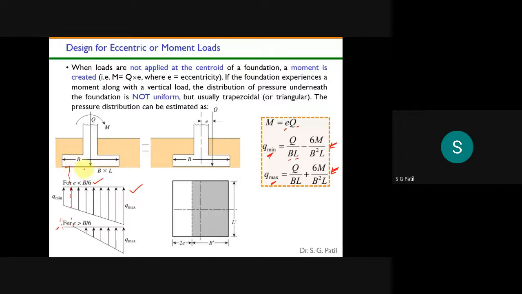air. But the remaining portion is in contact, so whatever load is there, this Q load, this total load is now only carried by this much area only. So this area will not carry any load, because we are getting negative stresses here.